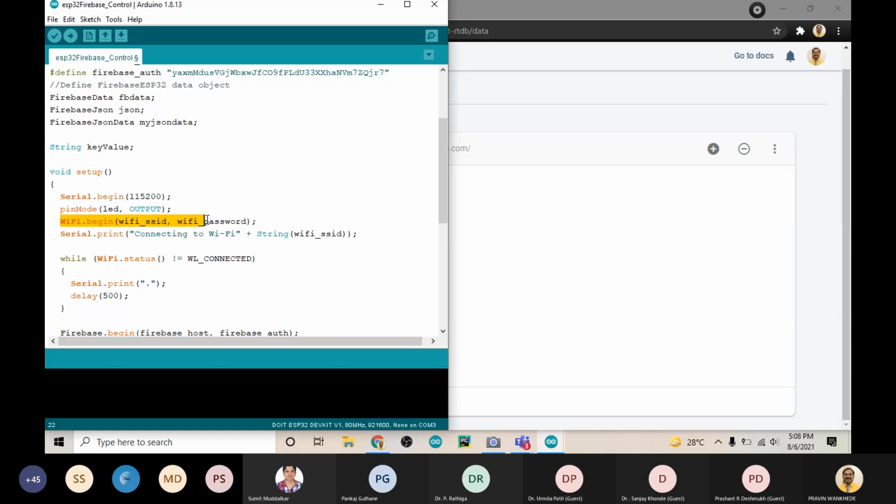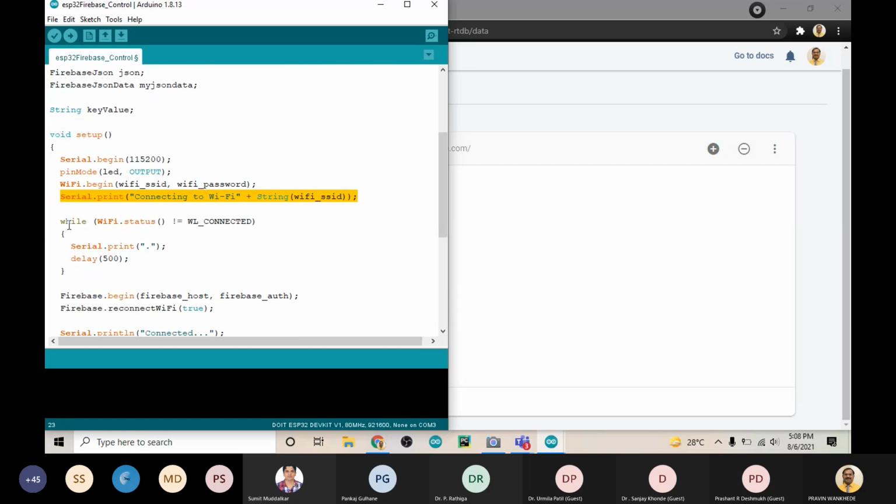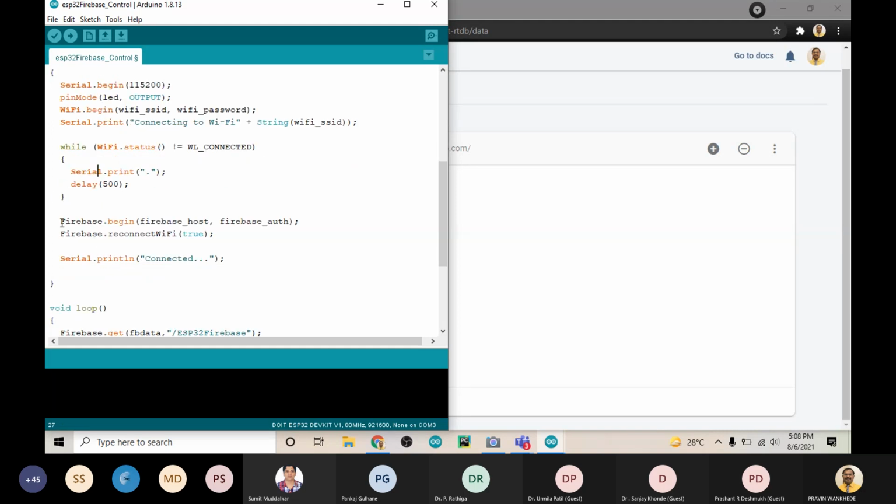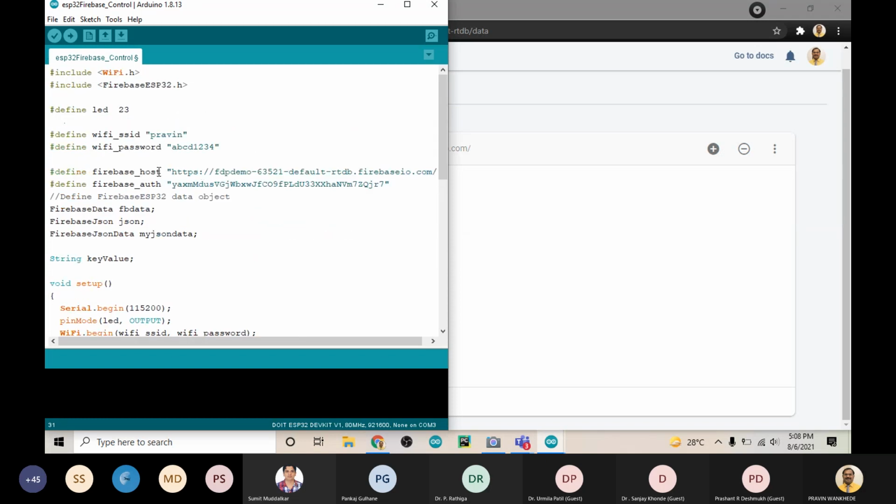Then begin the Wi-Fi with the SSID and password and connect to the same SSID. Then check whether the Wi-Fi is connected or not. If it is connected, then move ahead. If it is not connected, then stay in the while loop itself. Now start the Firebase with the URL and the key.